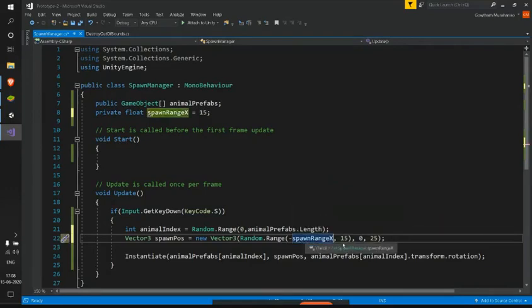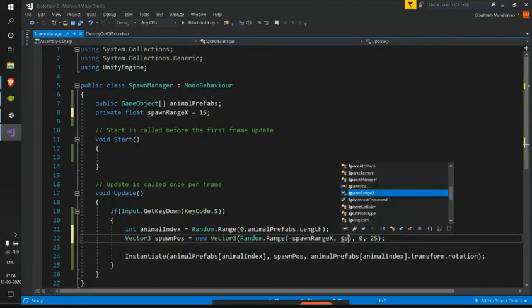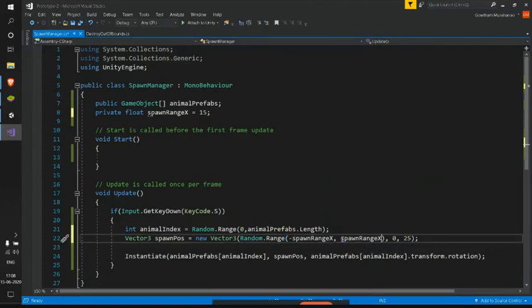Yes, and the same thing here. So here we are generating a random number between negative spawn range x, which is minus 15, to positive spawn range x, which is plus 15. And here